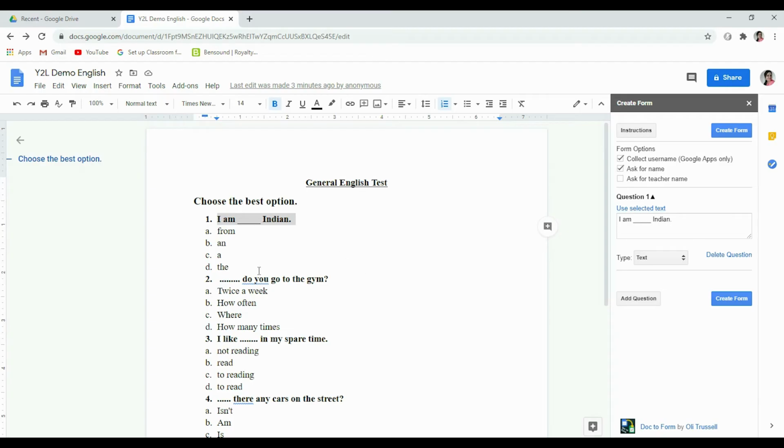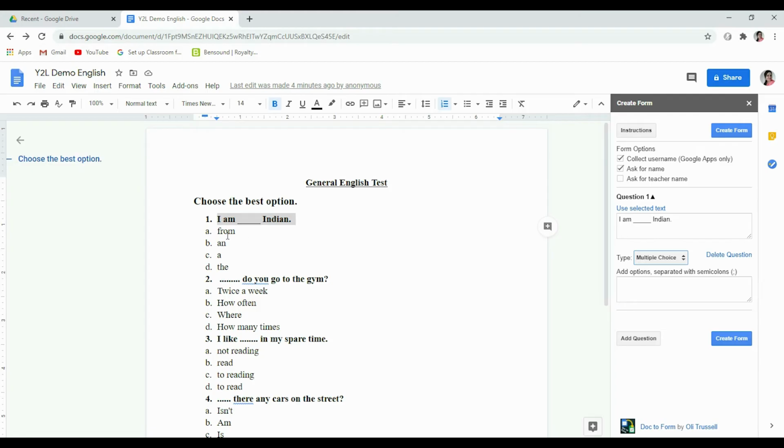Now as you see, this is a multiple choice question. Now type is coming here, text. Click here on the arrow. You will see these are the options for the question type. Text, paragraph, multiple choice, check boxes, choose from a list. I wanted multiple choice. Now there is a box that is saying you can add options here separated with semicolons.